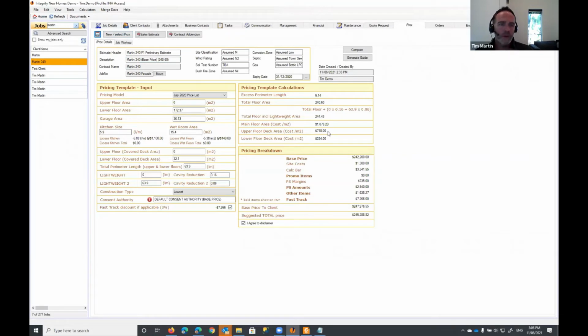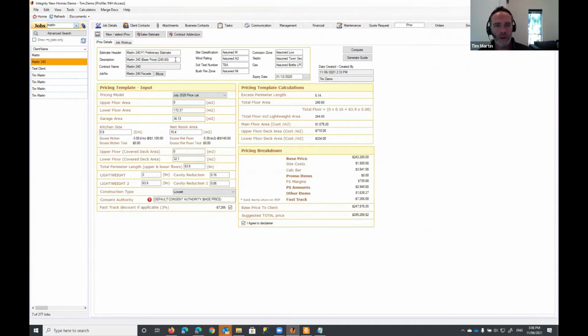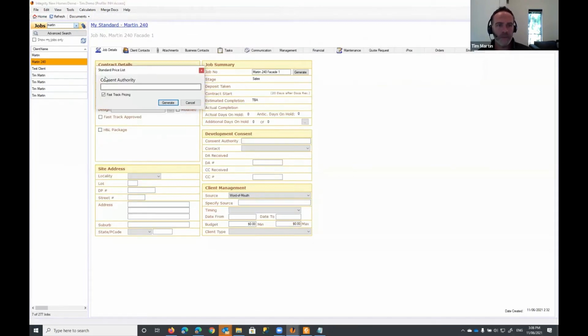Because you've already set up this iProx, that's pretty much all you needed to change. So we'll just recap that one. We need to change the contractual name to follow this standard. We need to make sure we have our job number set appropriately to show on the printed out form. In iProx, we need to follow this naming convention here. So just those three things. So if we generate that standard price list now,